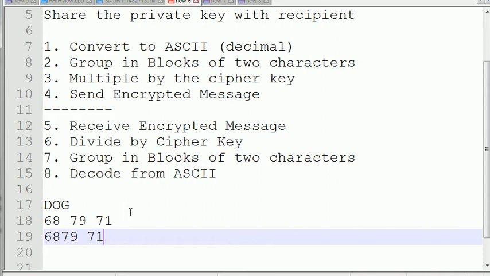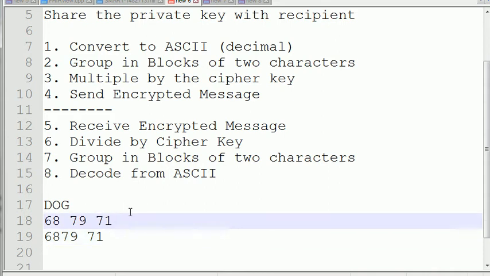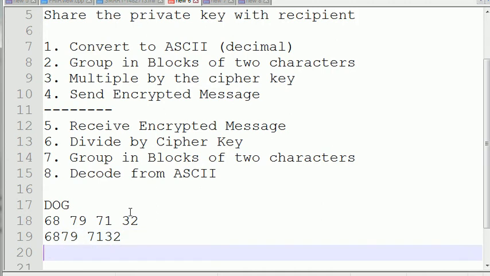Oh, wait a minute, we don't have enough characters here. We have an odd number, so let's just pad this with a blank space. Okay? 32 is a blank space. So I'll pad this with a 32. All right? Let's go down to step 3, multiply by the cipher key. What's our secret key that we decided on? It was 4. So 6879 times 4, and